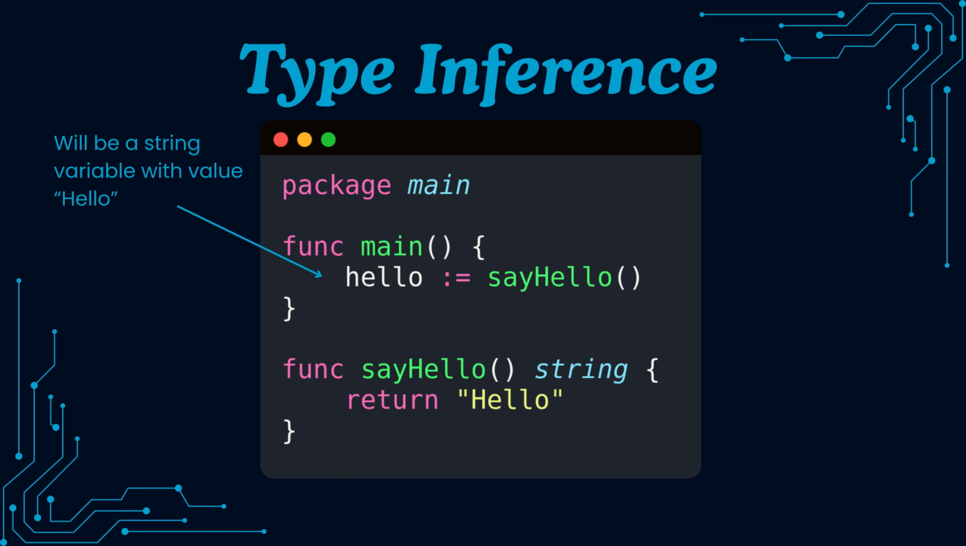Type inference can also be used with the values returned by functions. Here, we have a function called sayHello that returns a string. We want to set a variable equal to the value returned when we call this function. We create a variable hello, and using type inference, we can set hello equal to the value returned by the